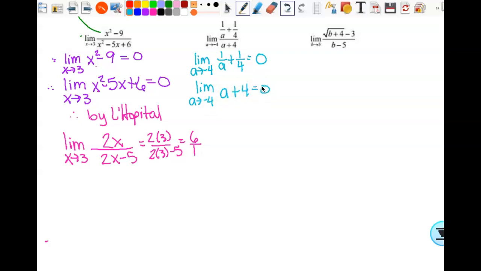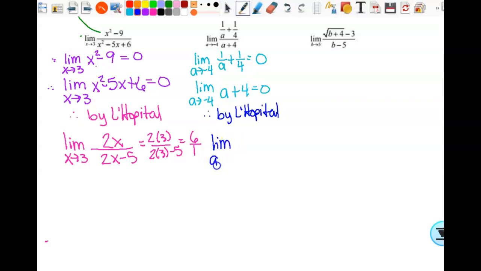0. Okay. Now, in order to use L'Hopital's rule, you have to show that. You can't just look at it and say, I know that's going to happen, so I'm just going to go ahead and take the derivatives. You have to show that you get the zeros, or you show that you get the infinities. But again, we don't actually write 0 over 0 because nothing equals that. So then I can say, therefore, by L'Hopital, then I'm going to find the limit